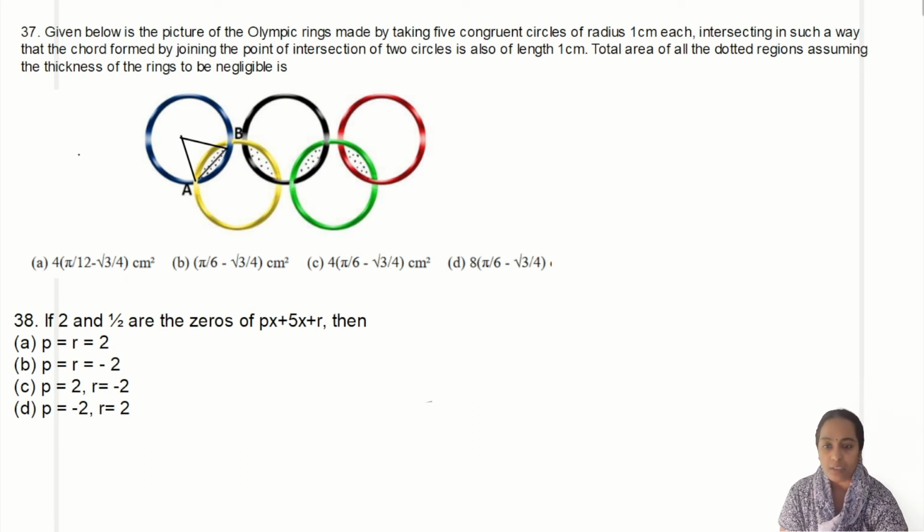So when you look at the question, look at the dotted region. The dotted region is here, here, here, here. It is there in 4 places. So if I take the rings here, if I look at the shaded region, children, what do I have? The question is asking for the area of the dotted region. So what do I have?